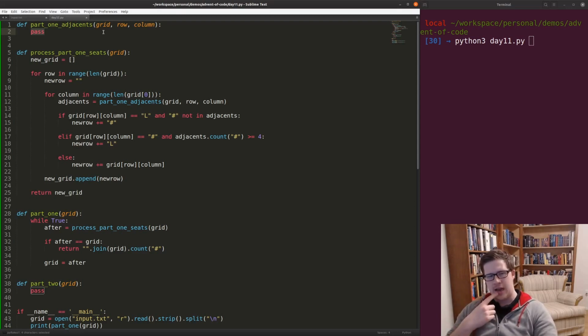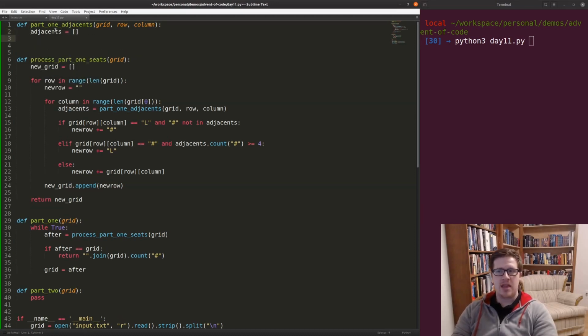We don't actually care about whether or not there are empty seats around them, right? Adjacents. Pound not in adjacents. Adjacents.count the pound sign. So we don't actually care about the else. We can just use the symbols, the pound signs. So we'll have adjacents are going to be this for x in